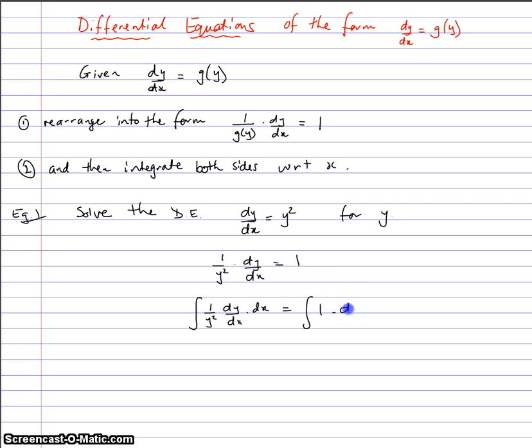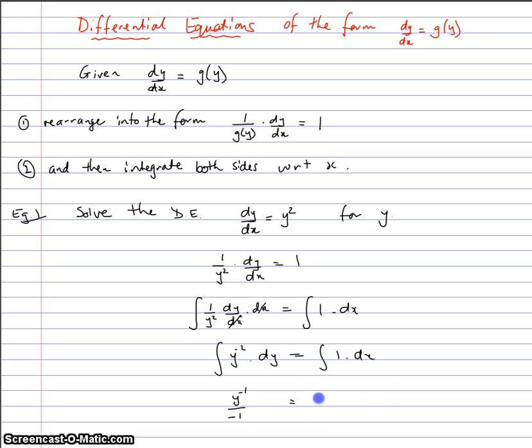The left hand side, we still have this 1 over y squared times dy/dx, but of course we're integrating with respect to x, so we have dx. And now of course our dx's will cancel, and our left hand side will be, I'll just change this to y to the negative 2 dy, equals the integral of 1 dx. So the left hand side, what we're ending up doing here is integrating this function of y with respect to y. So we'll end up with y to the negative 1 over negative 1